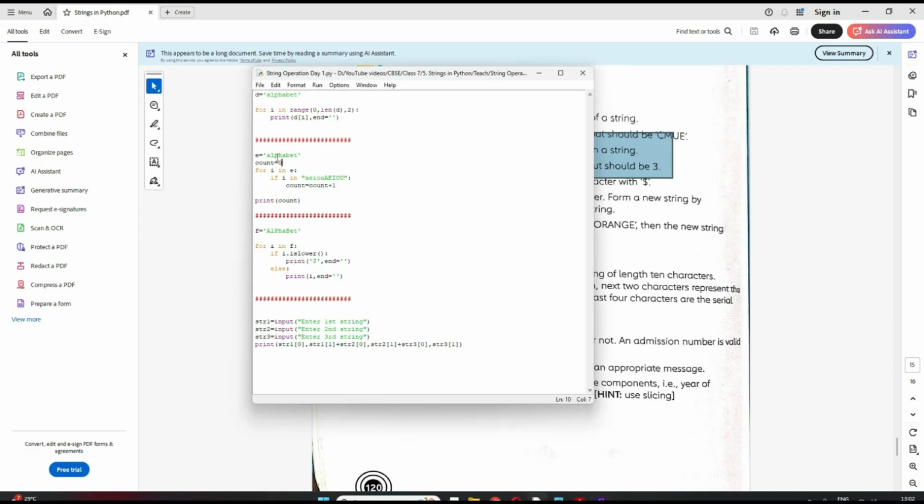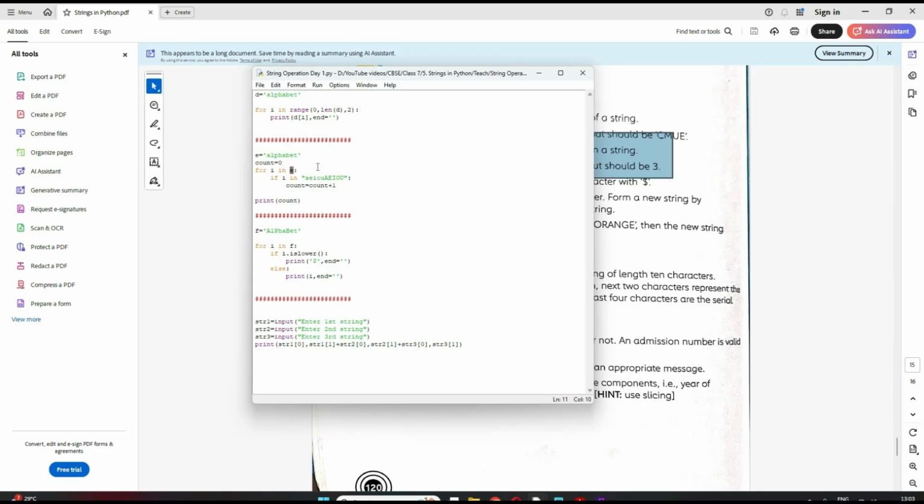Since we are counting, I have taken count is 0. Now for I in E, so here I have not used the range function. Remember, we use the range function when we have to traverse only a few characters, but if I have to traverse all the characters one by one, I can directly use the string name.